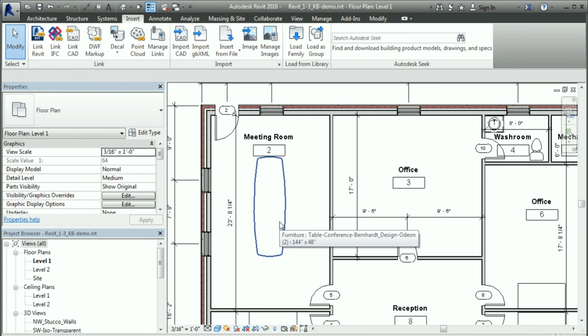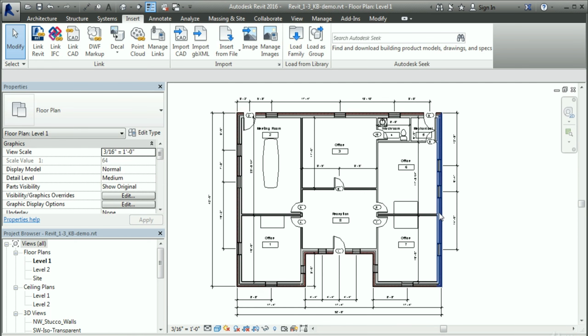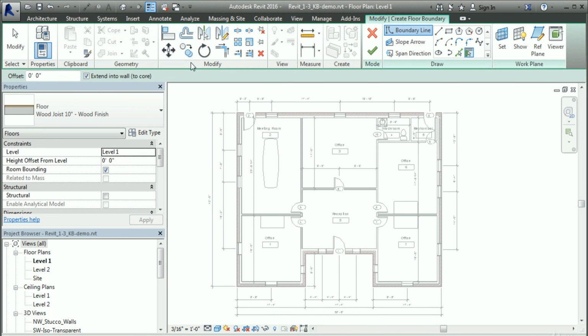Now we're going to make a floor. Alright, we're going to zoom to fit in our first floor plan view, and then from the Build panel on the Architecture tab of the ribbon, choose Floor, and you can either choose Floor or from the pull down choose Floor Architectural, either will start the architectural version. And we're going to start the floor and then use the Pick Walls tool. So I'm going to leave my offset at 0 and choose Extend into Wall, and then I'll choose Pick Walls,